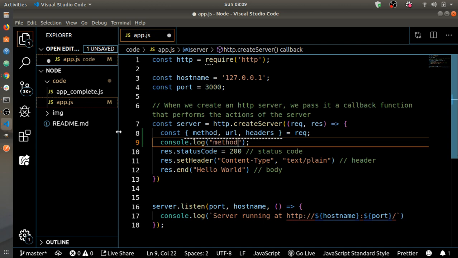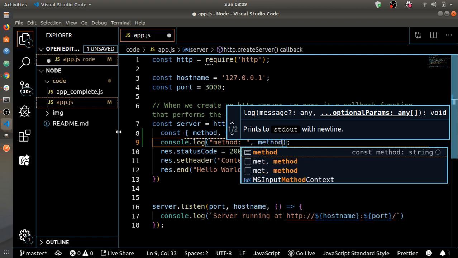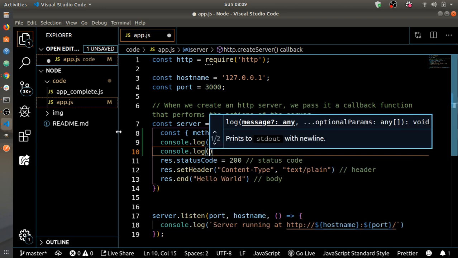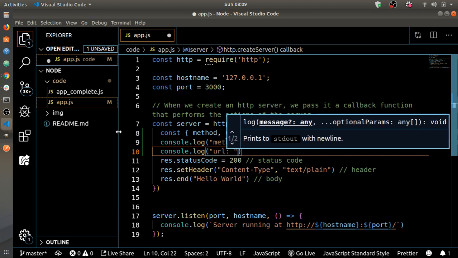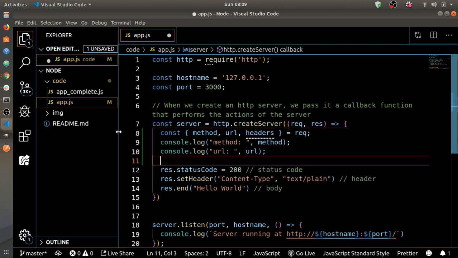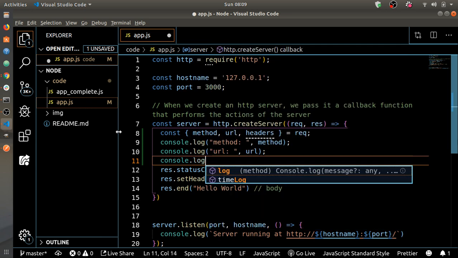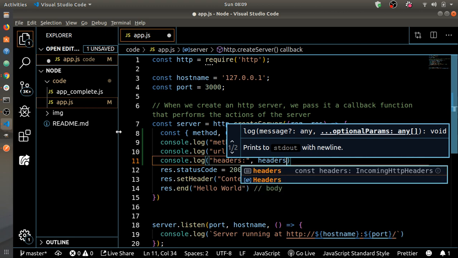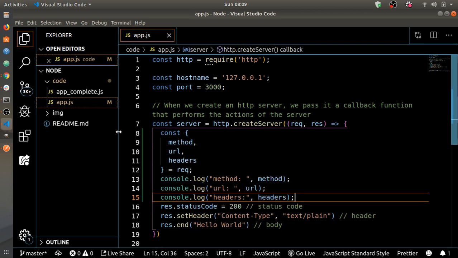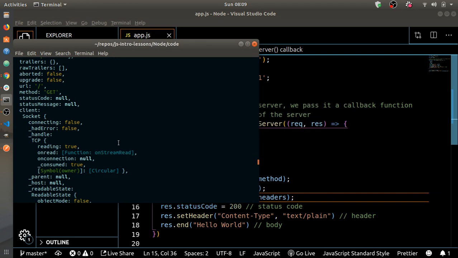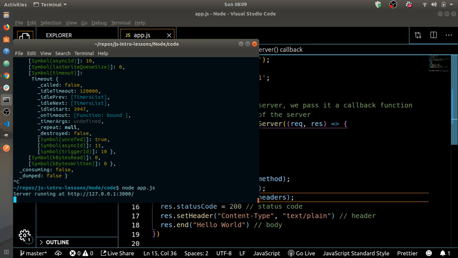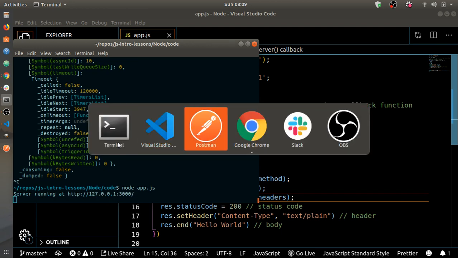So we'll say, okay, we got a method, and we got a URL, and we got some headers. All right, and of course, since we made a change to our file, we're going to have to restart our server. Now let's send that request again